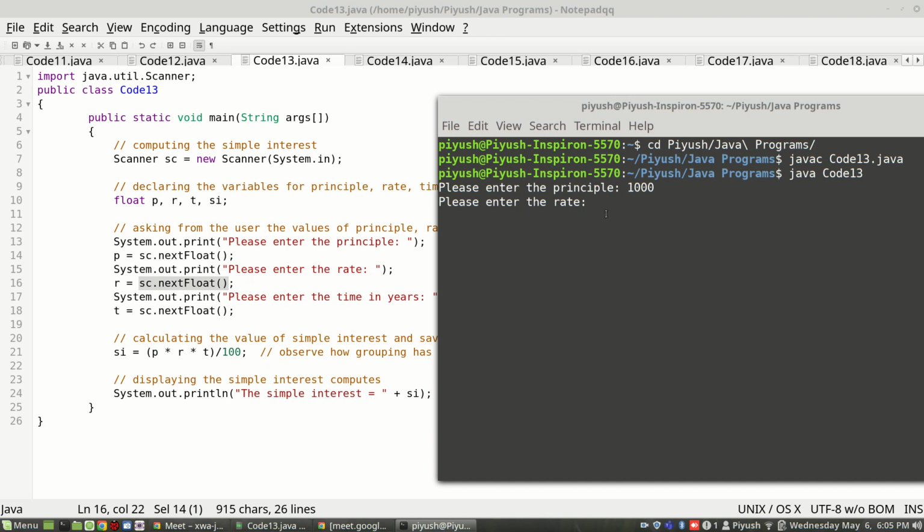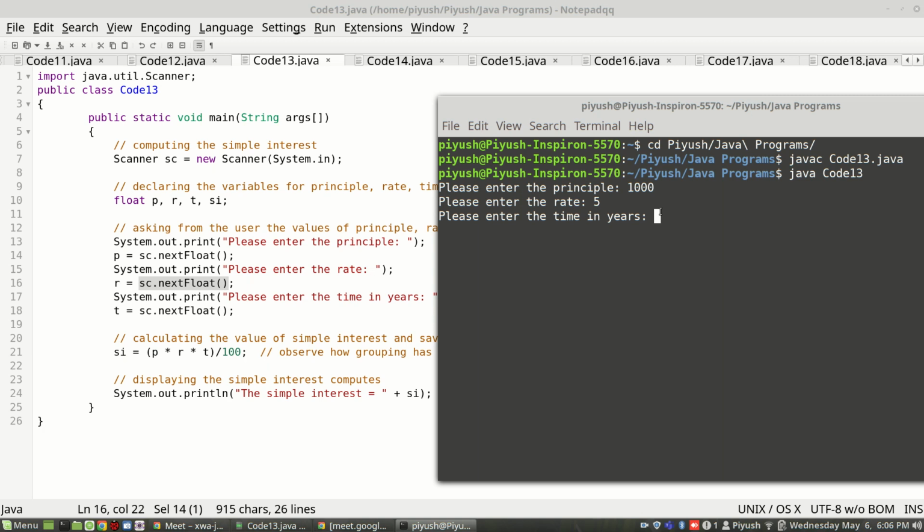Now let's say I put the rate as 5% per annum, and then press enter. Again line number 17 was executed, and this message was printed without changing line. After printing the message, next line 18 was executed, as part of which sc.nextFloat got executed, and it is halting the screen for the user input.